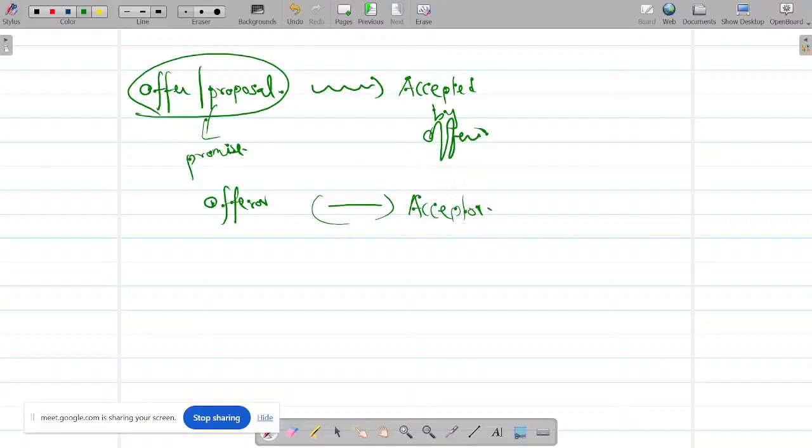So hereafter, throughout the Indian Contract Act, we will not say that there are two parties. We'll say the two parties are named the offerer and the acceptor. So during your exam also, you have to use these words, offerer and acceptor. If you're writing answers under the Indian Contract Act, please use these two wordings. In between, if you talk about the offer given to the respective person, you can use the term offeree.